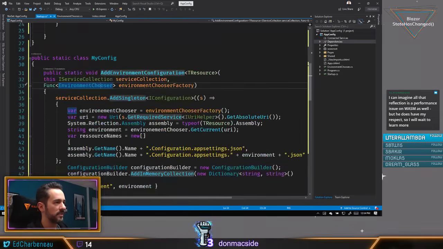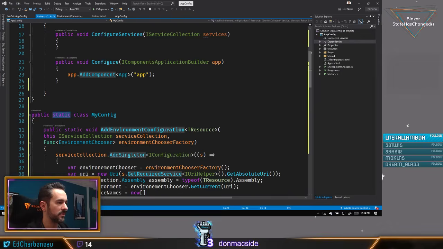Because this is an extension method. It's a static extension method that, since it's using the keyword this, that means it's an extension method. It has to be in a static class. So